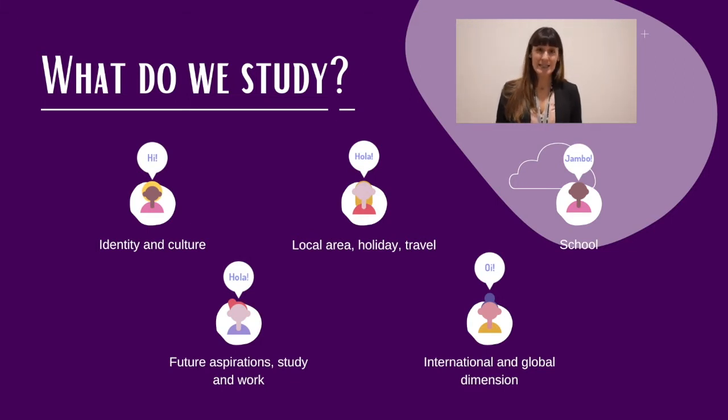Third theme is school. We have done so much about school, so of course preferences on subjects and why, again giving your opinions and reasons, a lot about that, but also giving your opinion about wearing a uniform, so there could be a little bit more of a debate, as well as getting an insight into what the Spanish and French education systems are like. So it's quite interesting because you get to compare what school is like in Spain and in England, or in France and in England. So it's quite interesting, that theme.